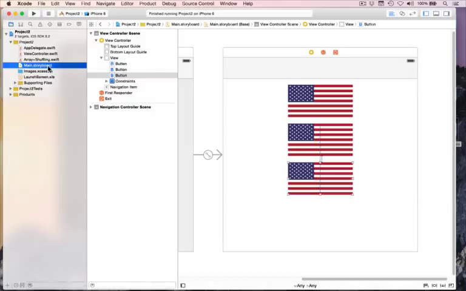Then the thing we're going to do now is create actions. So outlets let us reference things in code. Actions take an action when something's changed or clicked or affected somehow in the view. Now I get this bit wrong all the time, so please listen to my instructions carefully. Hopefully I won't get it wrong on video because that would be very embarrassing. We'll see shortly. So what I want you to do is go to the assistant editor again,